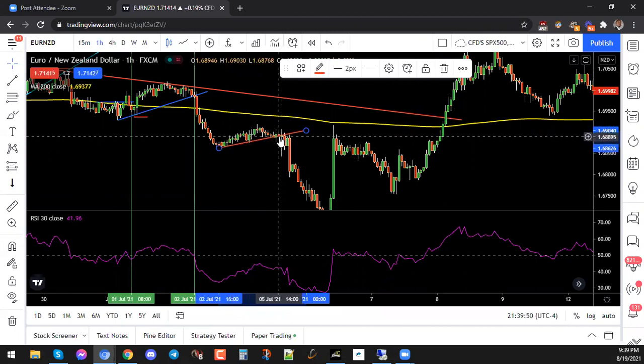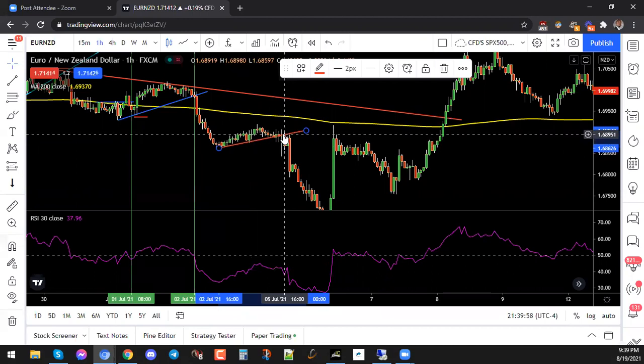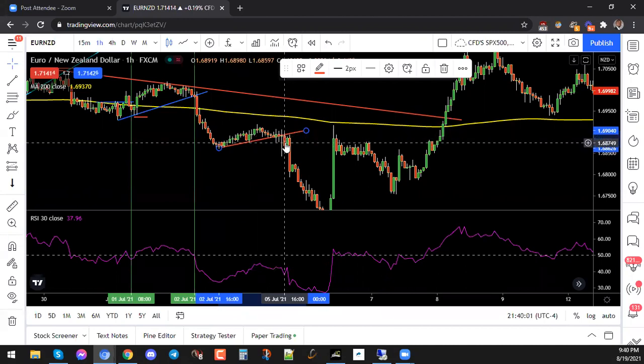So here you can see this is around the end of the US session. We're going into the Asian session now, the New Zealand session. So we have a breakout. We have price closing below. With us having price close below, we can enter short and our stop can go, if we're looking at using